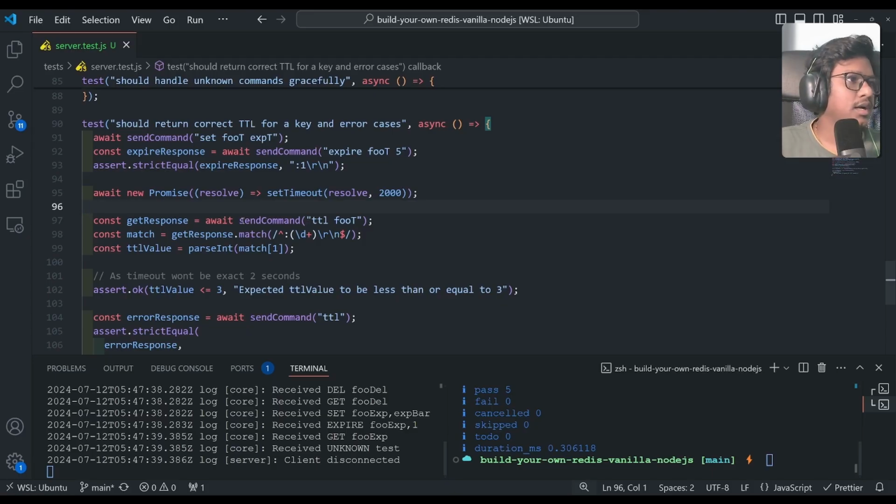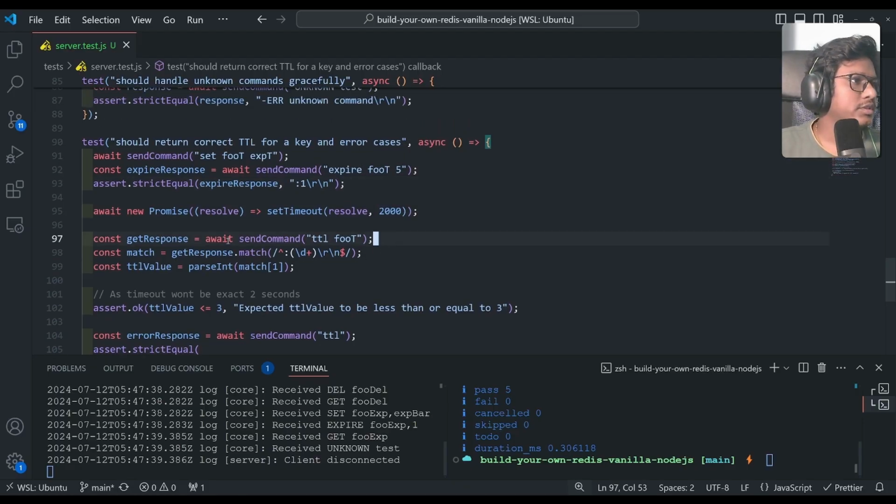After 2 seconds, again set timeout. Once it's done, I'm querying ttl footy, so it should give 3 seconds or 2 seconds, right? Because set timeout is not exactly 2 seconds, and there will be a milliseconds difference here and there. In the small query, I'm using get ttl footy, and based on a simple regular expression for the response, I'm extracting the value and checking the TTL value, because this is purely on the string pattern, right? Once I get the response, I'll add a log and show you that also